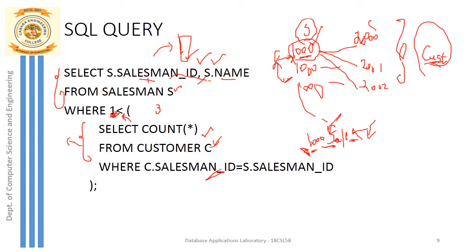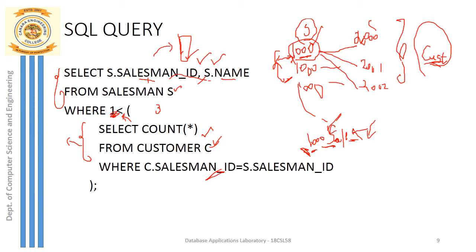So in my example here, the inner query will give me one integer value, one count value finally, and my example gives the count value equal to 3. Why? Because I have 3 rows inside my customer table which match the salesman ID that I have just extracted as a part of the outer query. So here 3 is the answer that I retrieve. Now I am comparing whether 3 is greater than 1.